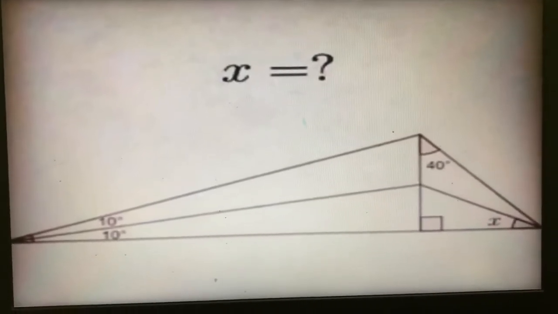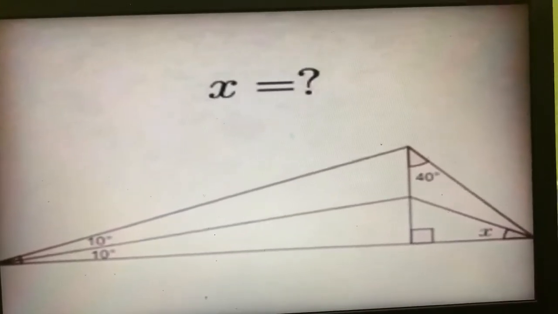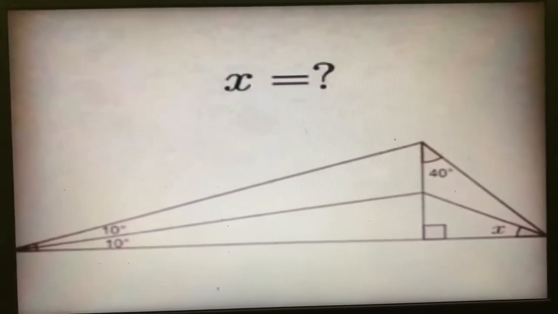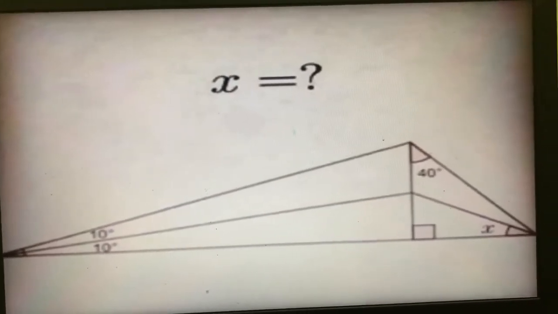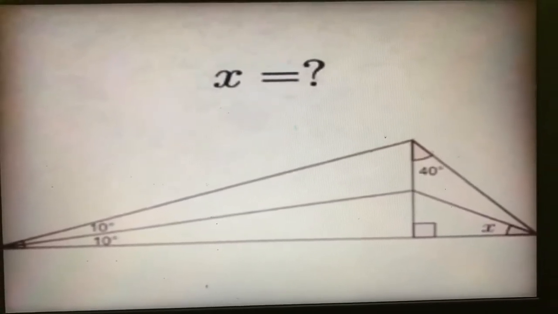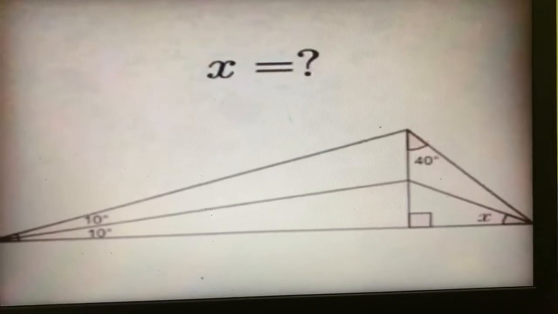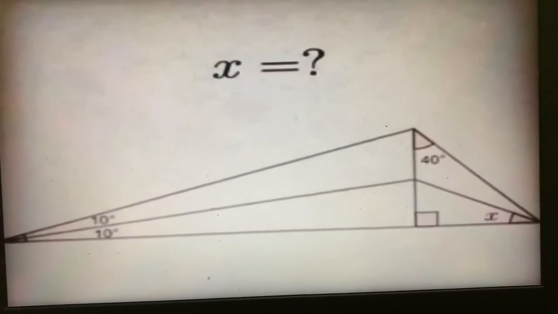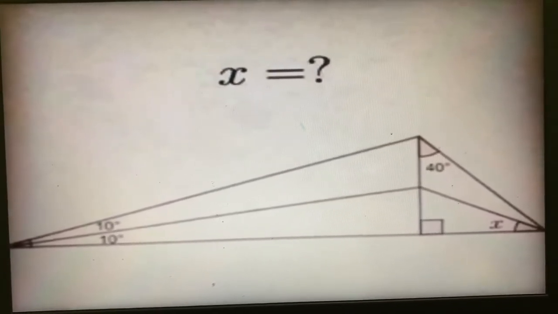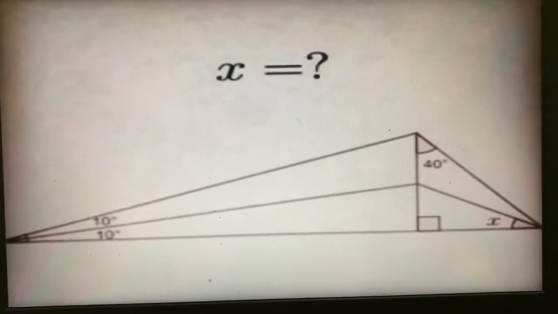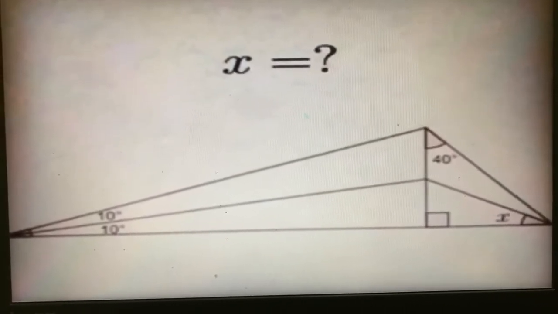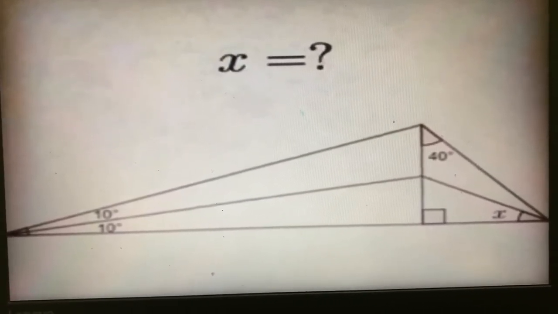No other information is provided about what type of triangle it is or what the properties of the line passing through are. In such cases, either we can get an exact value of x or we can get a range of values of x, like x lying between a and b, x belongs to real numbers or rational numbers. This kind of solution we can get. So let's see what solution we get.